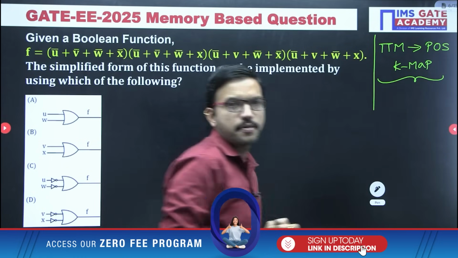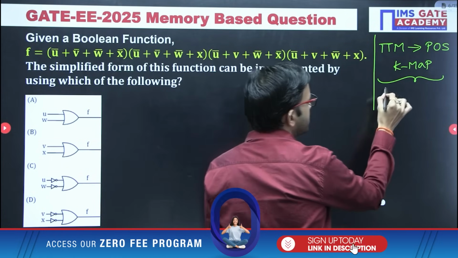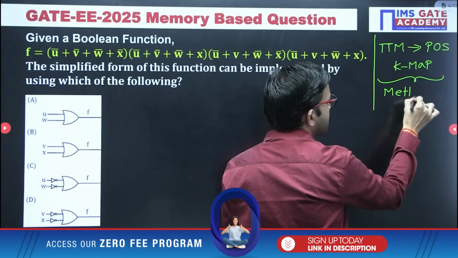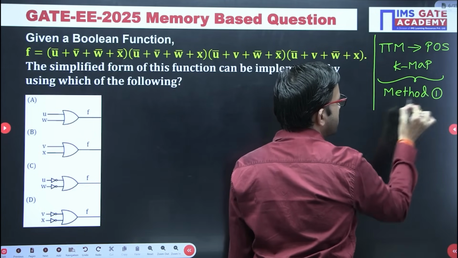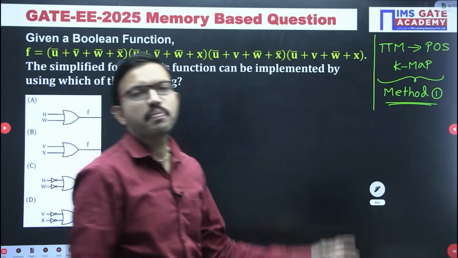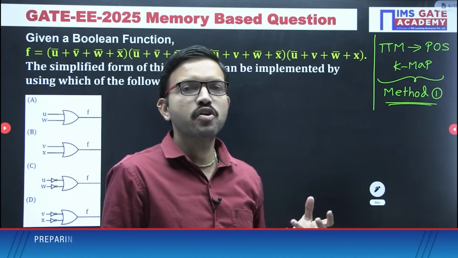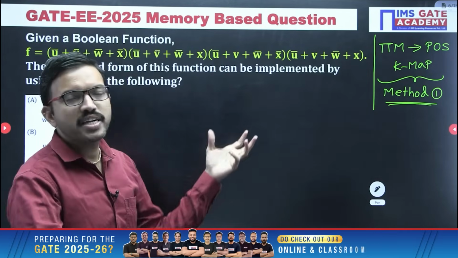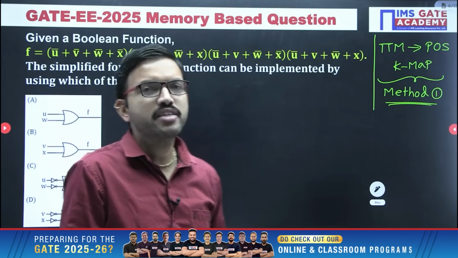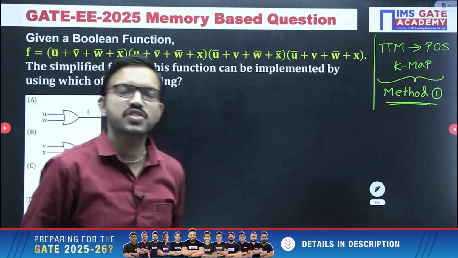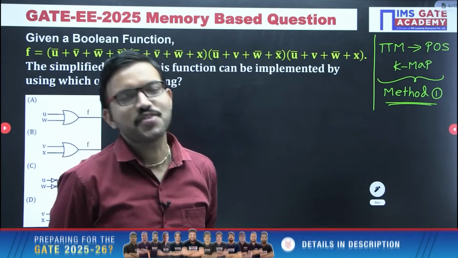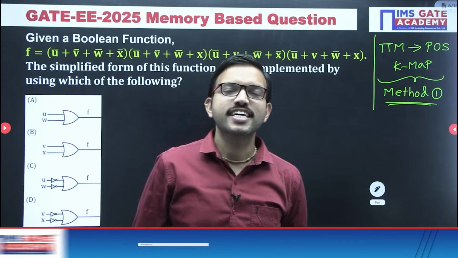This is one method. Okay, so just for reference here I mentioned method 1, but this method as of now I am not solving because many of you might have solved it during the GATE exam. In fact, whoever might have seen this particular question, many of you might have solved it by using K-map. Okay, but now I am going to discuss the easiest method